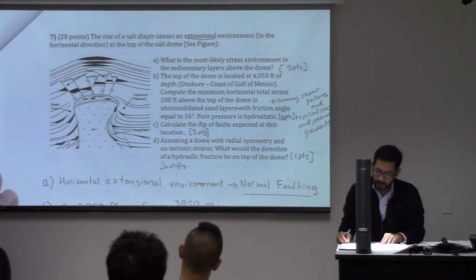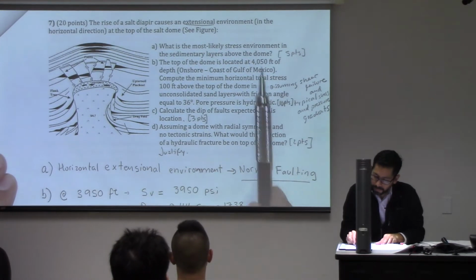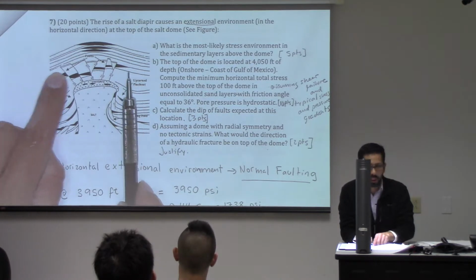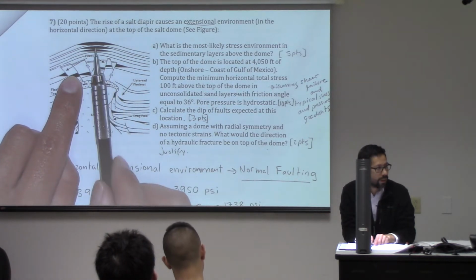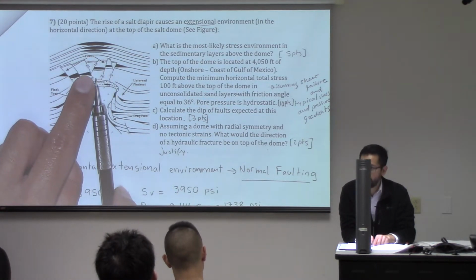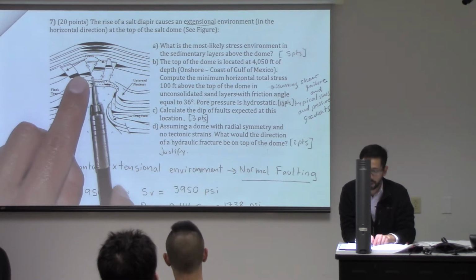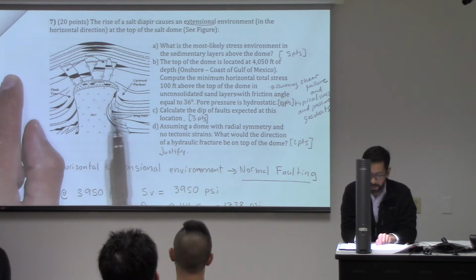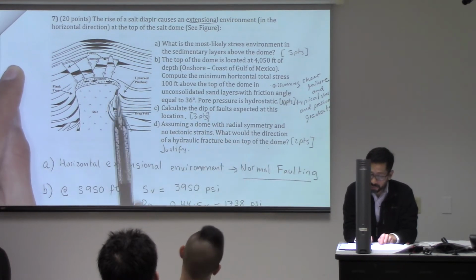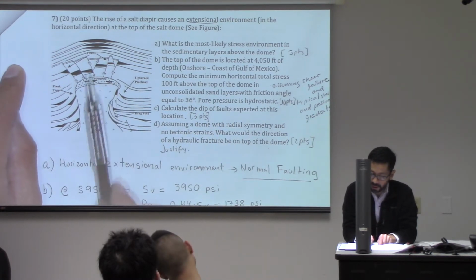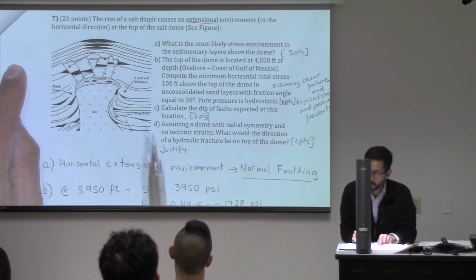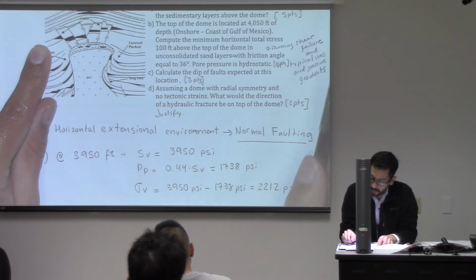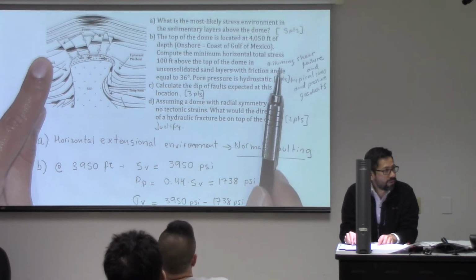So let's see, in this case, these are going to be normal faults because this is an extensional regime. And if you keep the overburden constant, it's going to be a normal fault. You're lowering a lot the horizontal stresses. That's why you have those faults. And in many of these faults, particularly around salts, you can have oil accumulations. All right, so, and then what follows is